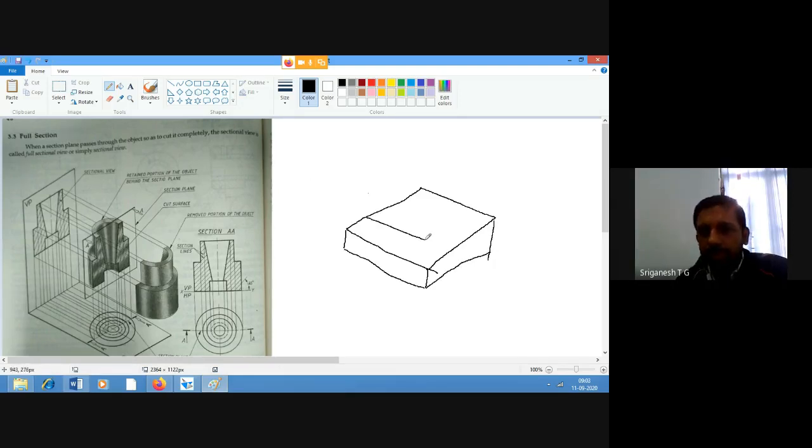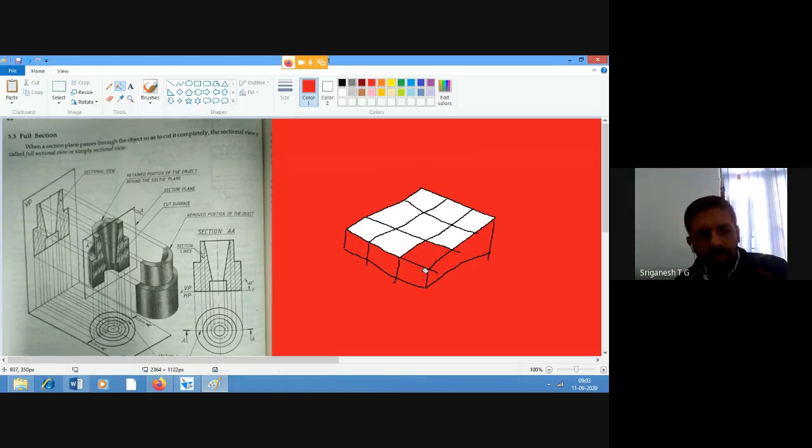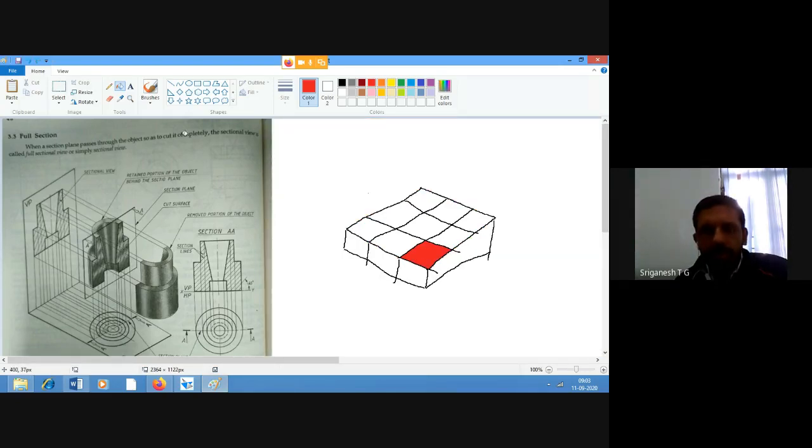We have a chocolate like this, no? We'll only remove this particular portion. Only one block we'll remove.